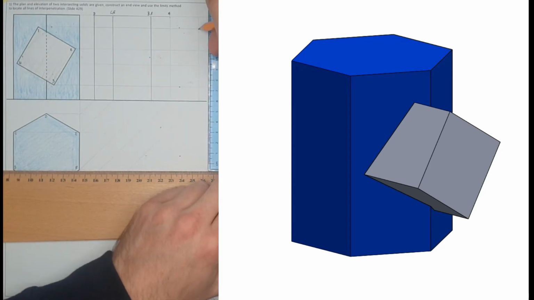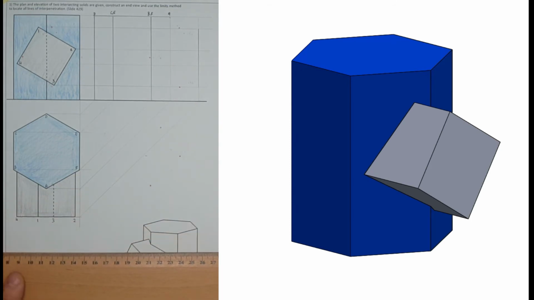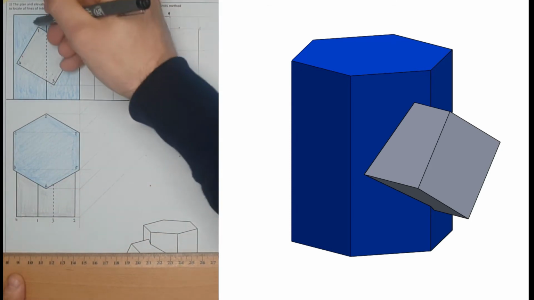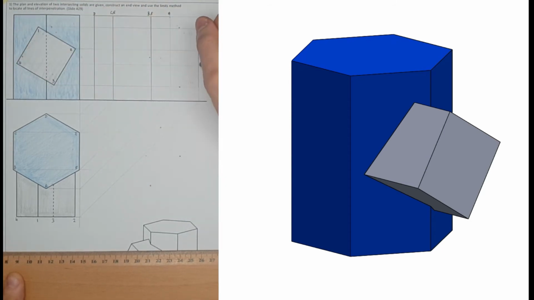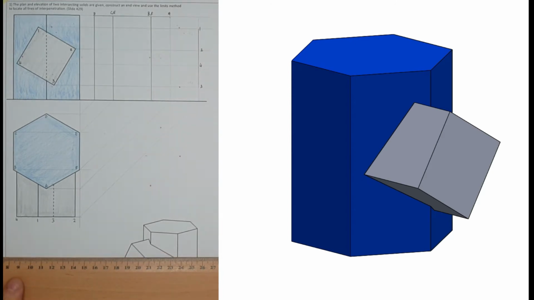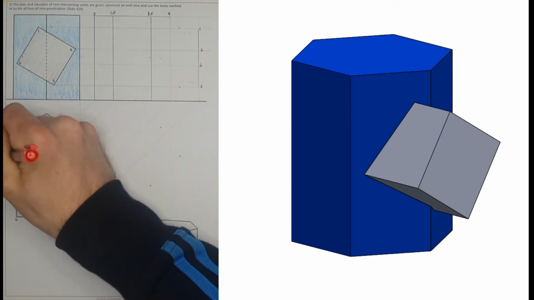Goes from 1 up top and 3 appears here at the bottom. 1, 2, 4, and 3. Now, what have we next? Well, we need to figure out, as we view this object